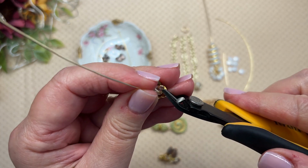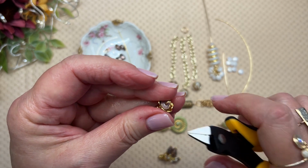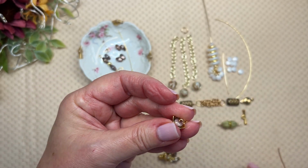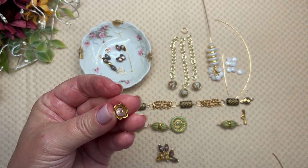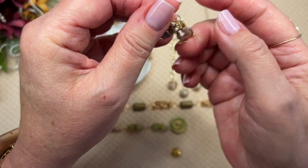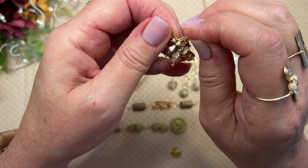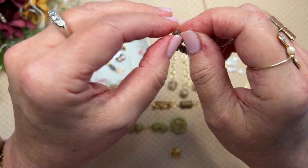And then I'm just going to come right there and just snip. And I might even, yeah, I'm going to make it even a little bit shorter. I want a really, really small loop. I just need to be able to get the last link of this chain on that loop. So like I said, not hard, but you have to take a deep breath and be patient and find that last link